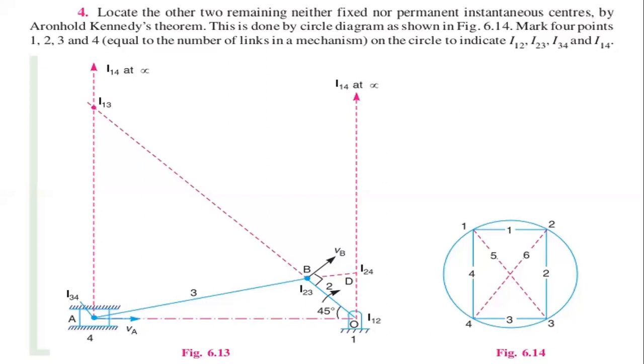So this is the instantaneous center of 2 4. This is formed in between the 2 3 and 3 4 links. So here 2 3 is this link, and 3 4 is this link. So this is the 3 4 link, and this is the 2 3 link. From these two extended points, we have got the instantaneous center of 2 4.